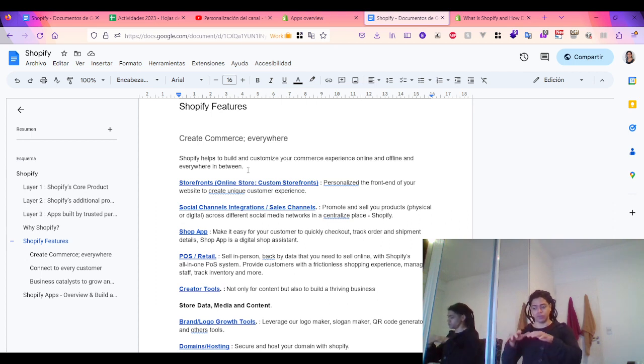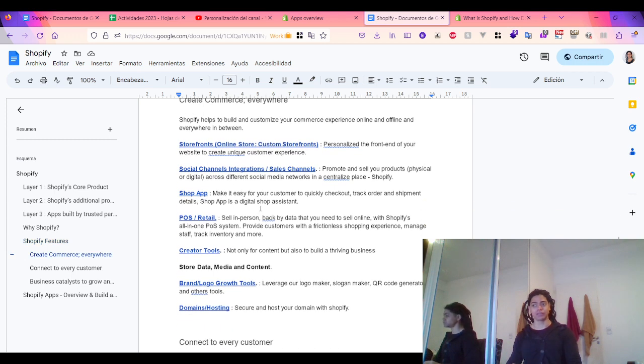So from one single place on Shopify, you can not only generate content on your product, but also centralize it and sell it across different social networks or marketplaces. So Shop app is this Shop app digital assistant. Okay,